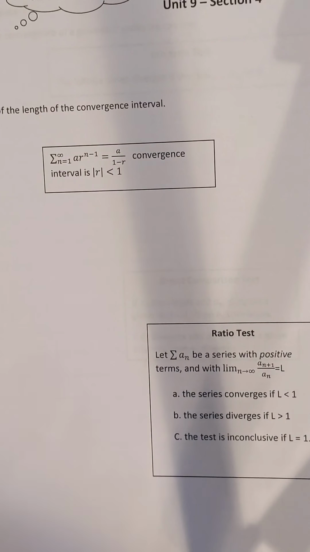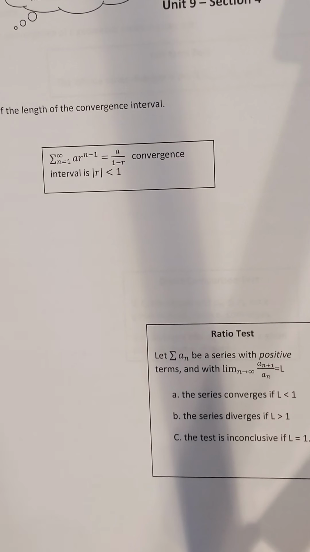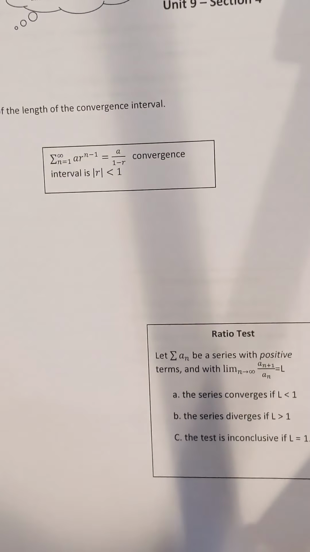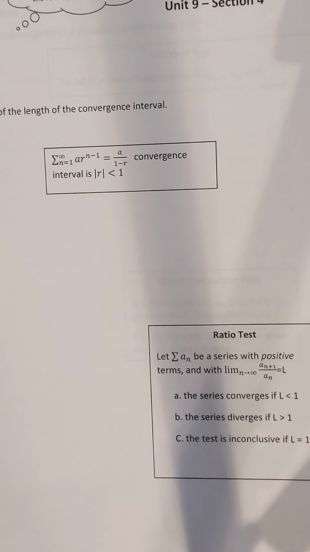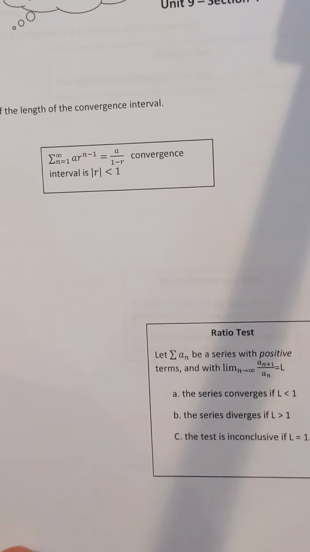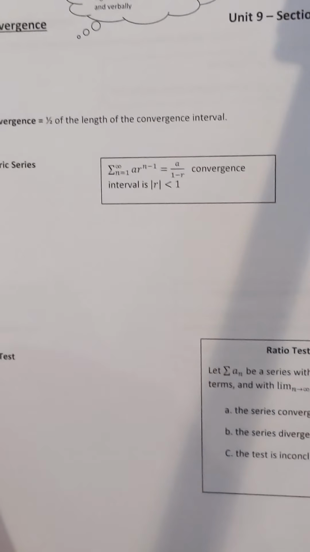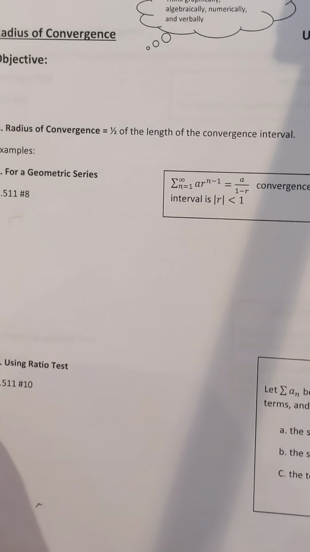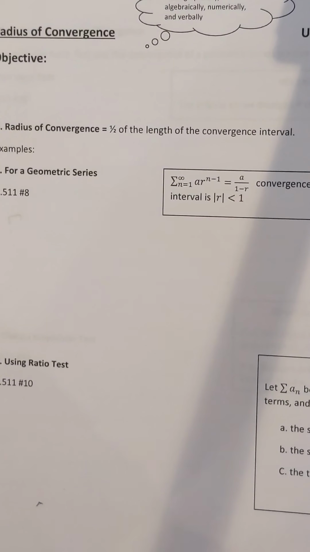So, a second unit that we're going to do is we're skipping to nine, section 9.4. It is primarily focused on the ratio test. The key topic here is radius of convergence. It is going to be half of the length of the convergence interval, and I'll explain that when we get